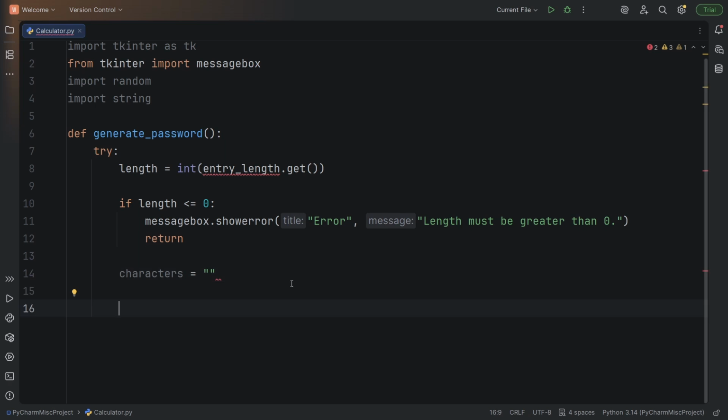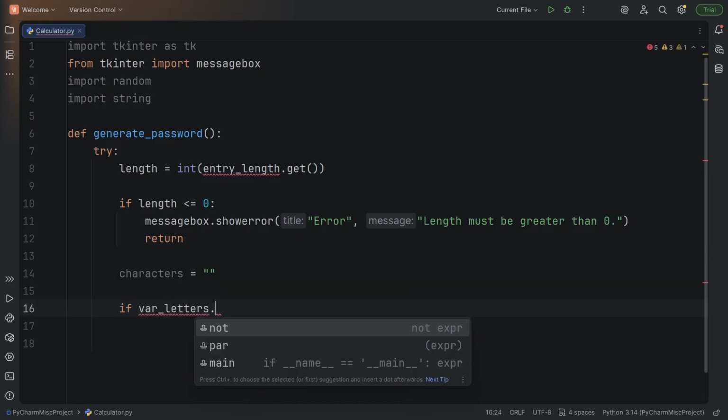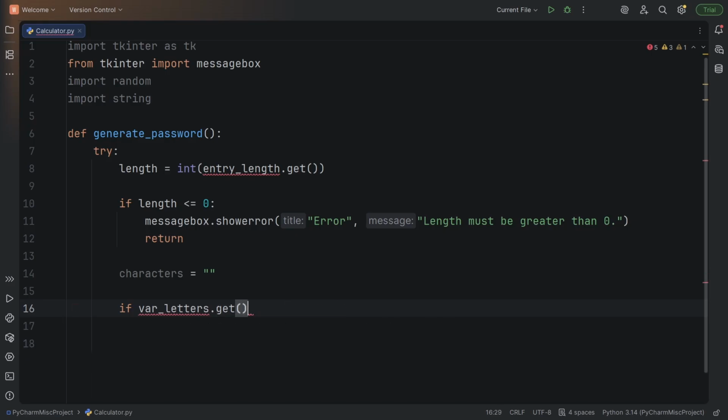Alright, now this part is where we decide what kind of password we want to generate. We start with an empty variable called characters. You can think of this like an empty container or a pool that we're going to fill with possible characters. Now these 3 lines check what the user selected in the app. First, if var_letters.get()